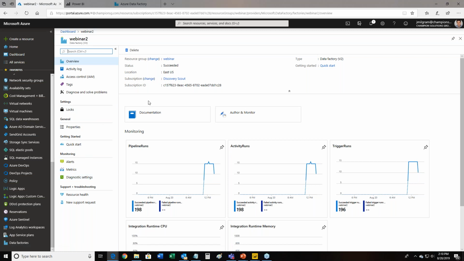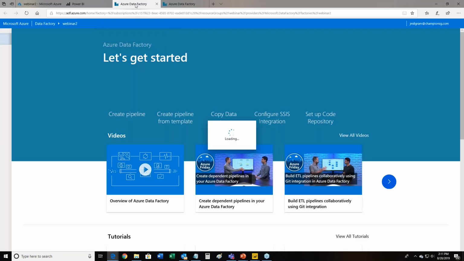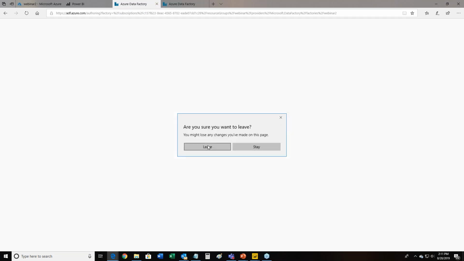So is this a platform as a service? In other words, it's pre-configured almost, and all you're doing is basically tweaking it for your needs? Yes, it's load balanced, it's clustered, you access it all through a web-based interface, and it's all configurable through the interface. That said, and actually we'll go into the web interface. So on overview, right here, Author and Monitor, I click that and it's going to go ahead and open up the Data Factory, which I had open in another tab anyway.